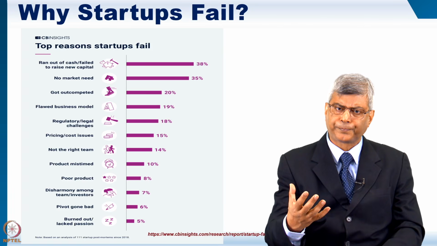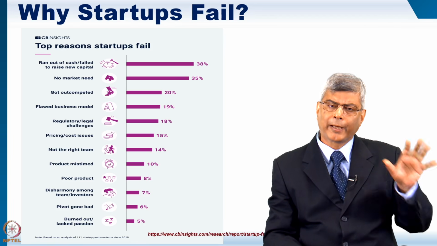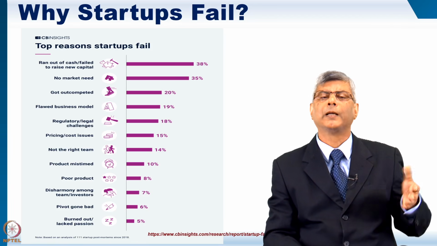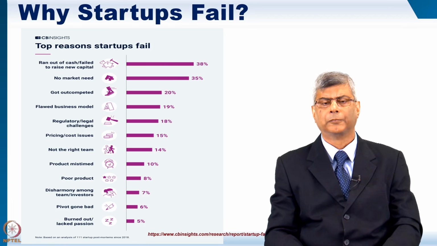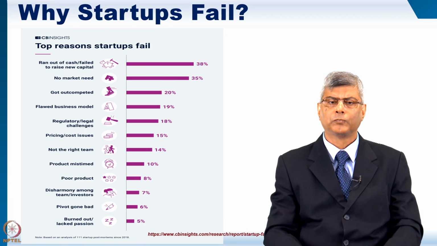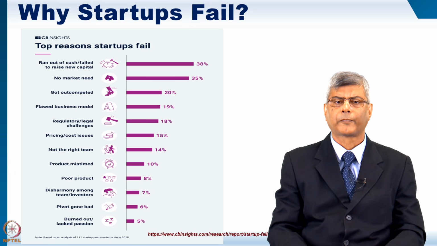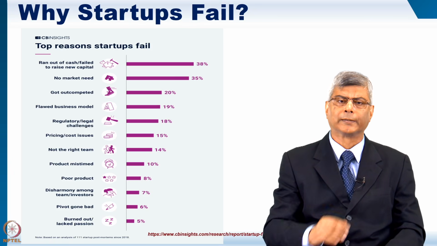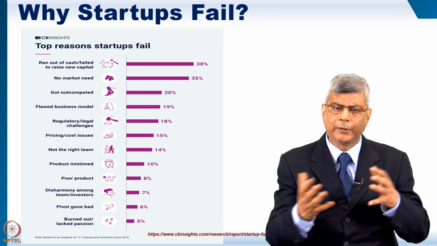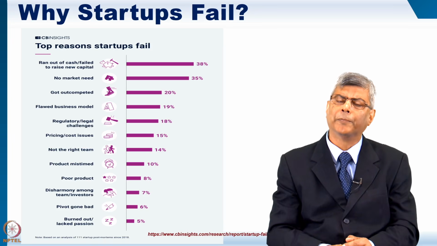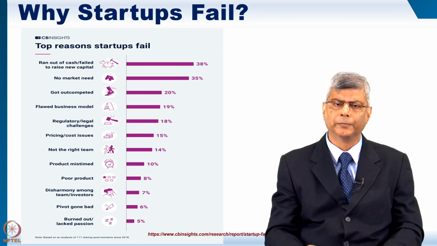And sometimes you get out-competed because you're trying to solve a problem which others have solved a long time back, or much better, or much faster, or much cheaper. And therefore, there's no demand for your product. And you can go down the list. There can be team problems. The founders have a conflict and a breakup. There could be compliance issues, and so on.